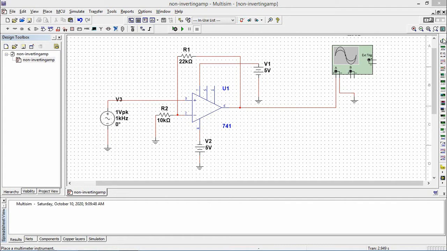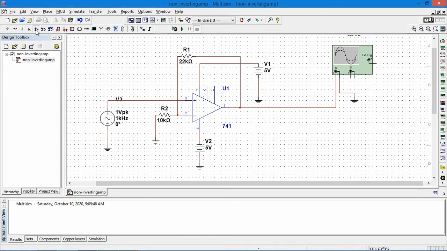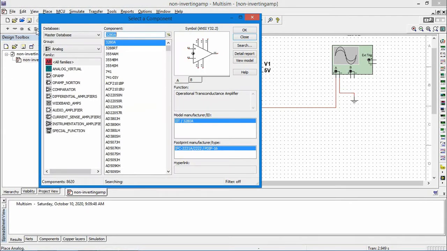Let's see how to select the components. First we need 741 op-amp. So this is the op-amp library. Click on that. Here we need op-amp. So first click on the op-amp family. Then we get different IC numbers.